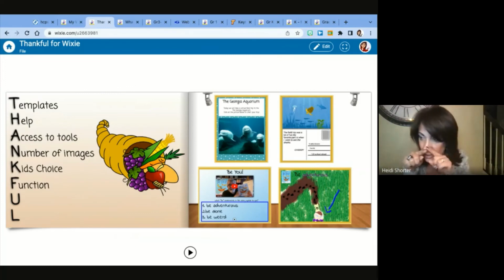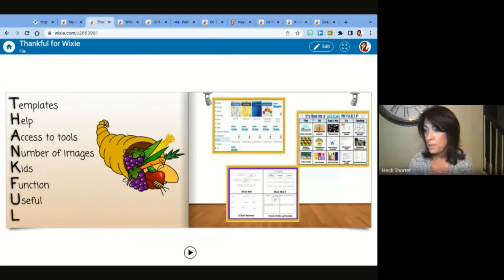And next to the picture that they drew of themselves, it actually says "me," in case I didn't know it was them. So that's a picture of them being adventurous. And again, that was just an easy sub plan to put together. The sub plan says to the substitute, put the kids in Wixie, they log in, and their assignment is right there. So it's just a different function and a way that I can use Wixie that I'm very grateful and thankful for. So, all right.